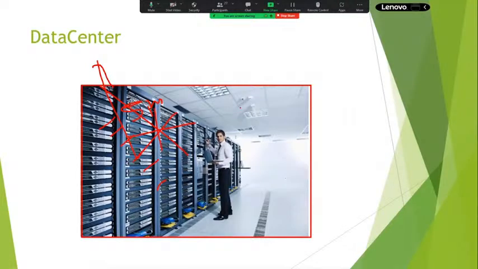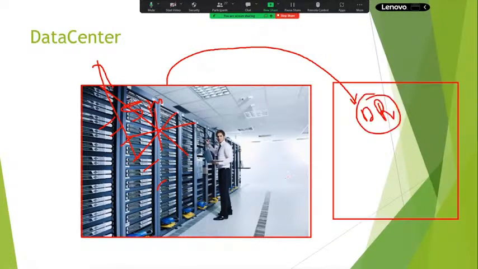So to maintain the same data in multiple locations, we need to maintain another thing called disaster recovery, so another backup data center. If this data center collapses, another data center should be there to recover the data, so it does not affect your business. Am I right? If you are maintaining a single data center, that is not enough. We also have to implement disaster recovery. Disaster recovery means recovering the data if any unexpected events occur.